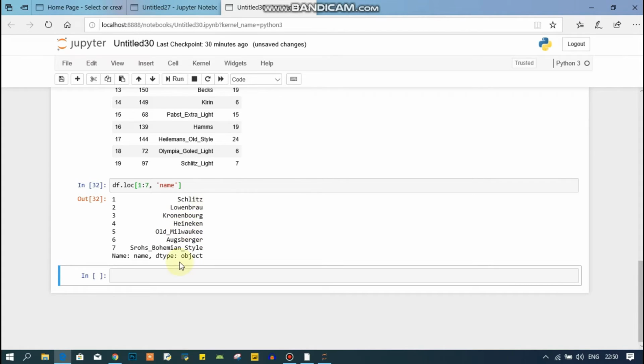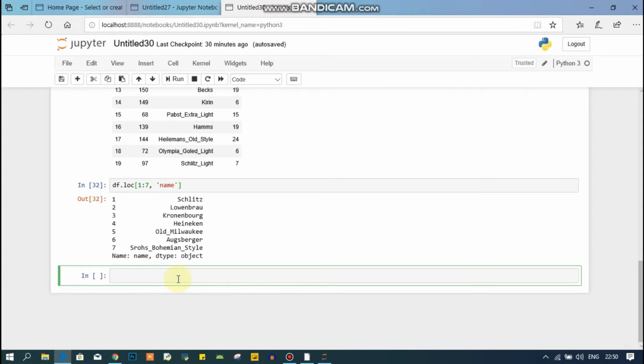Now let's see about using the loc method, retrieving the column with some kind of condition. What if you want a column with some condition? For using the condition, I will use here just condition, and then I'm going to pass the name of my data.